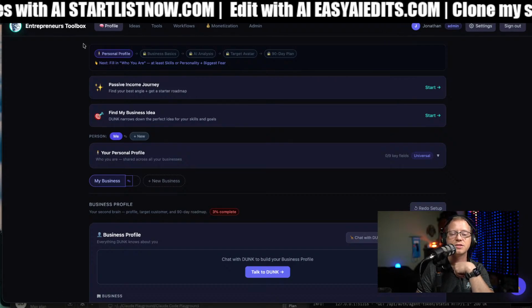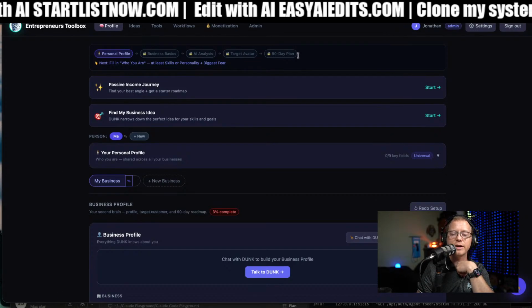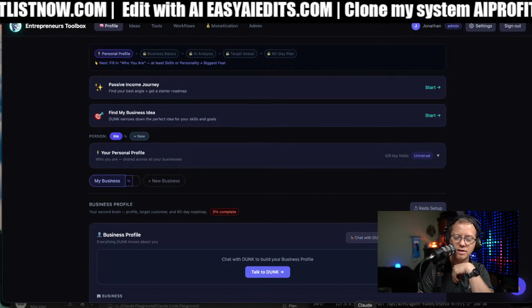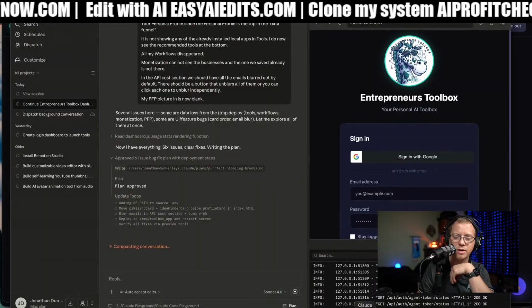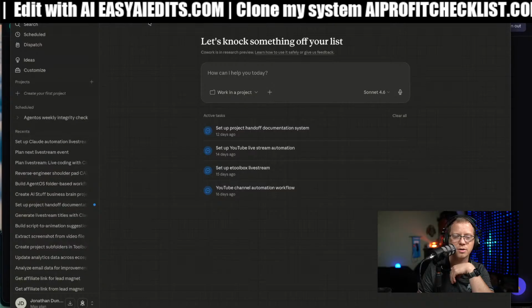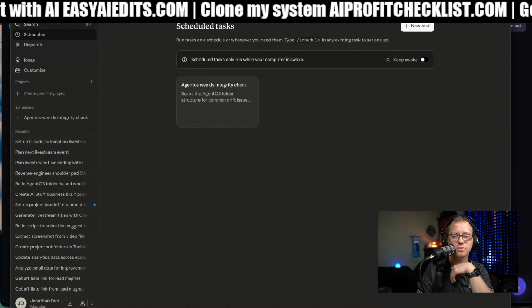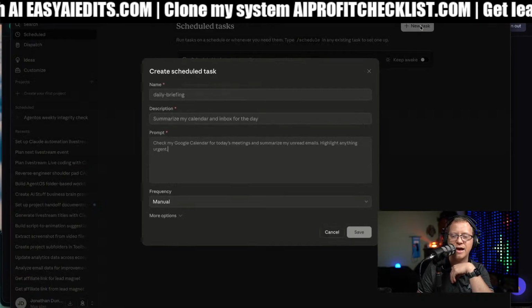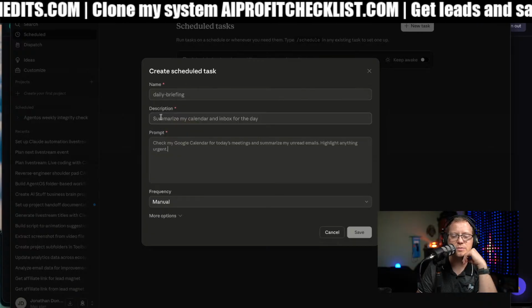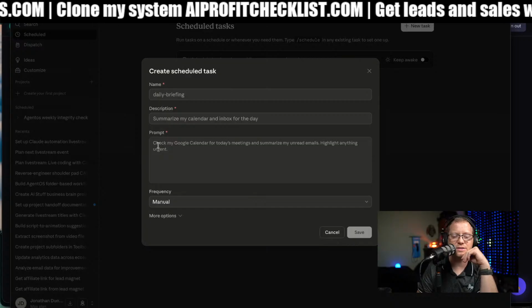But the point of what I was getting at was I could see how you could build prompts. You could even have this terminal here generate the exact prompt that you could come in and tell it, say, hey, go into Claude, go to Cowork, go to schedule, go to new task. In name, paste this. In description, paste this. In prompt, paste this.